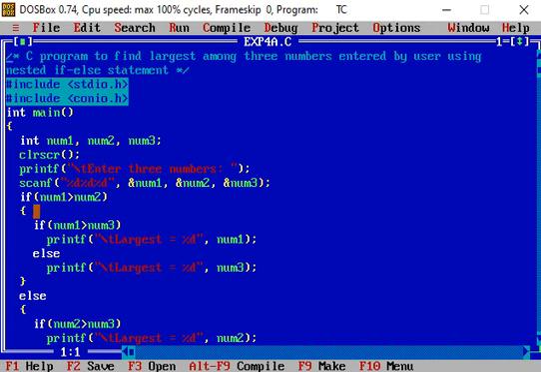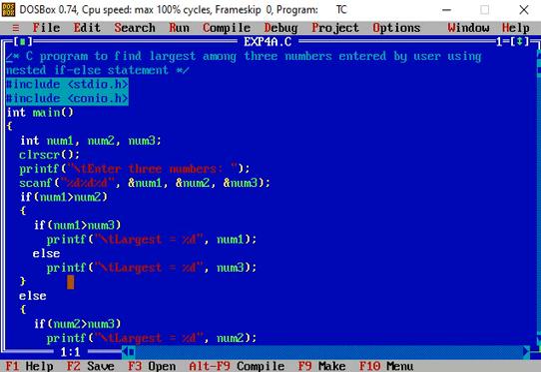So in this program, if number 1 is greater than number 2, if this condition is true, then body of if part, if block is executed, that is we enter the body of the if block, and in this body again if else statement is there, and in that if else statement if num1 is greater than num3, then we have to print largest number equals %d, and what is the value of number 1 gets printed at this point.